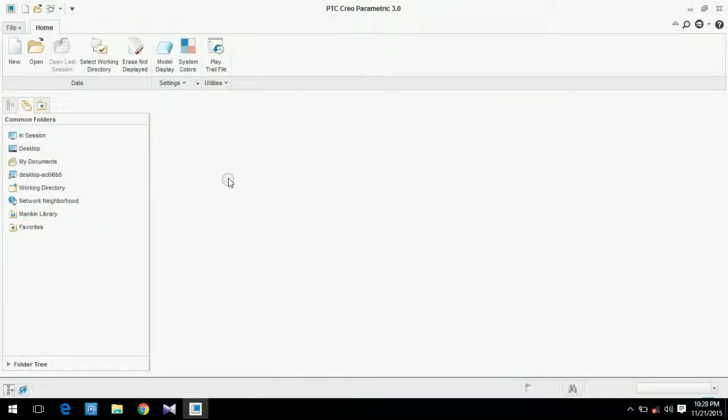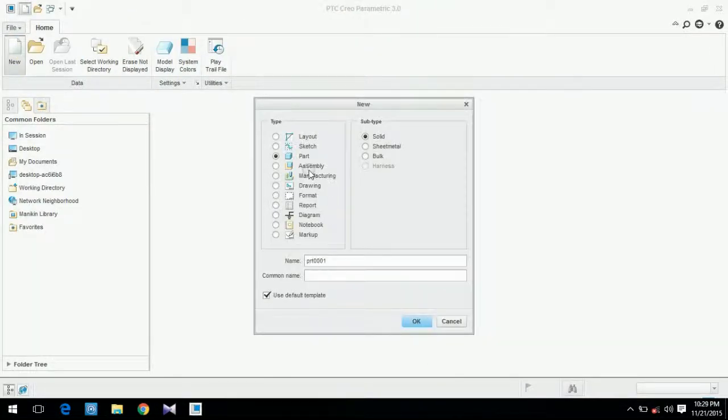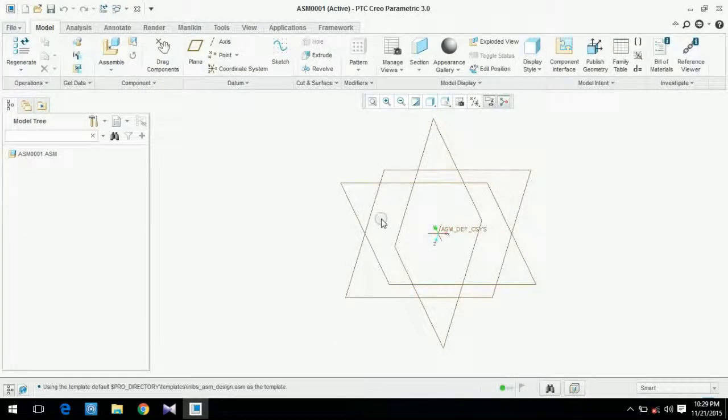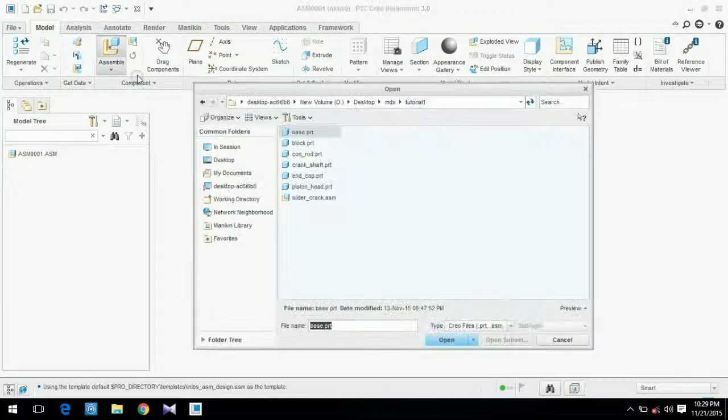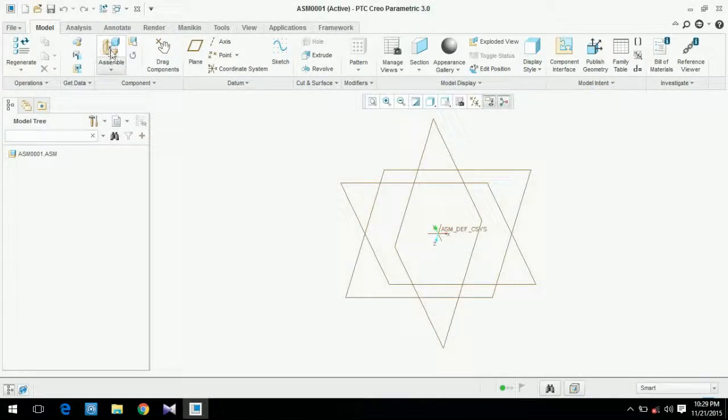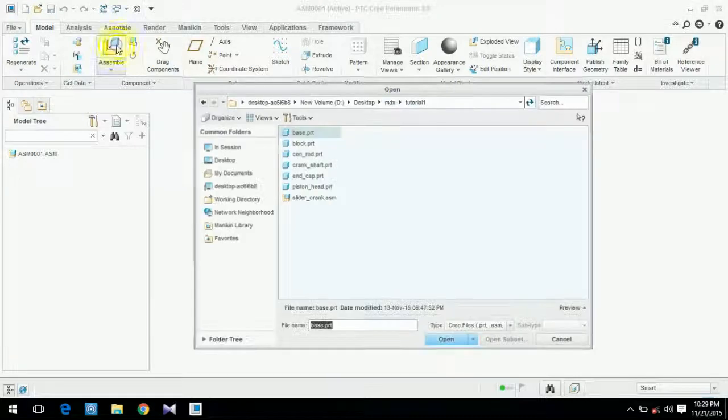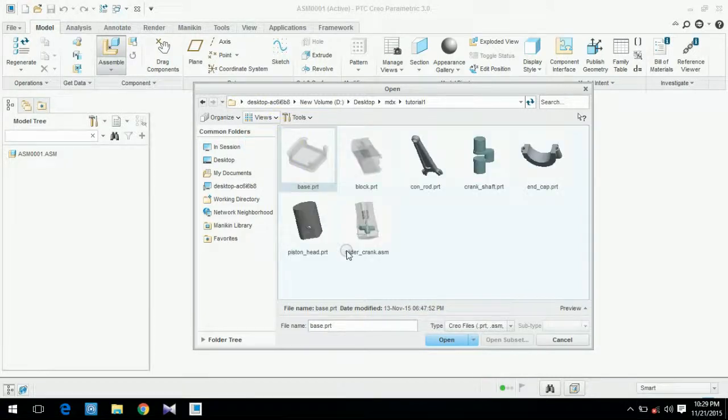In my case, select new assembly, and the system is also in inch. To integrate a new part you will select assemble, but if you have to make a new part in the assembly itself, then you will create a new part. In my case I am assembling a new part, and the first thing is we have to give thumbnails. Now we have to place different things. First of all, put the block.